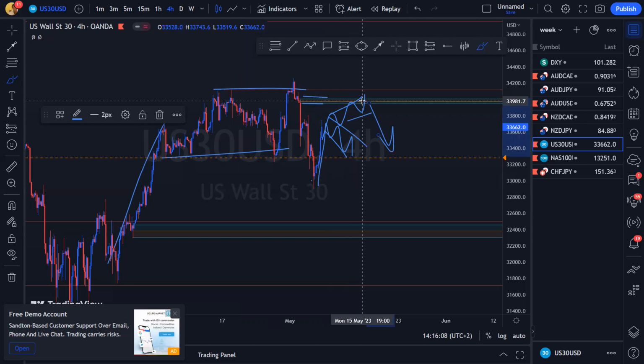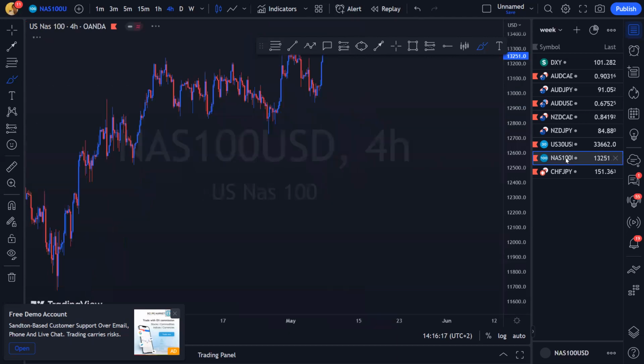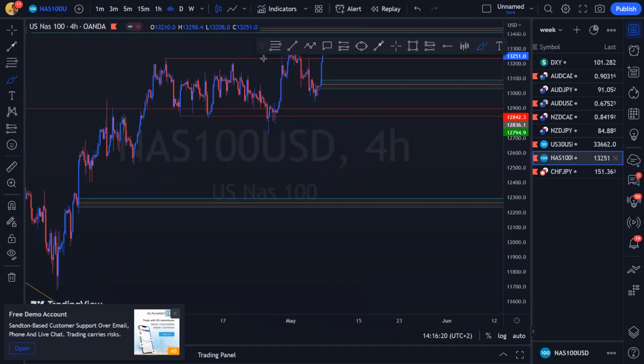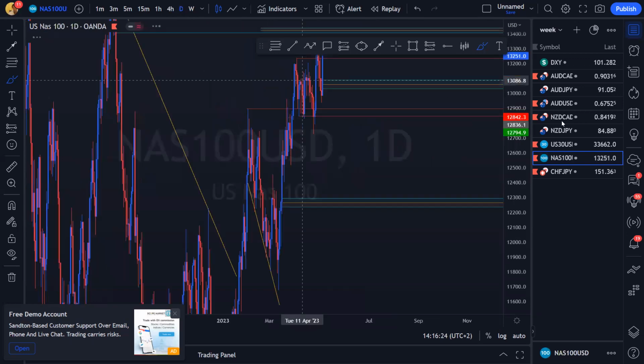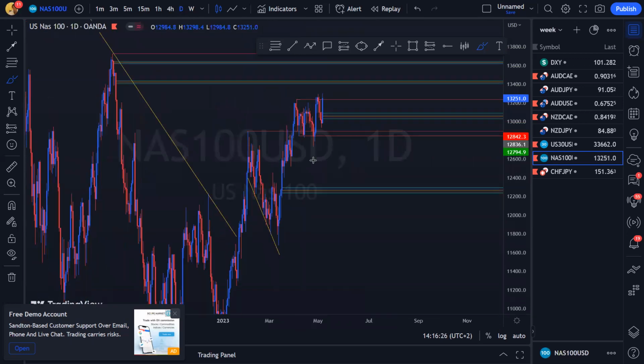That's simple. So on US30, or at least let me say for myself, I am primarily bearish. I do hope to jump into sells on US30 and then use NASDAQ to try and jump into buys. So on NASDAQ, last week I guess we covered a little bit of what our biases are. We did say that yes, we are trying to be buyers on NASDAQ. We're trying to buy NASDAQ as much as possible.